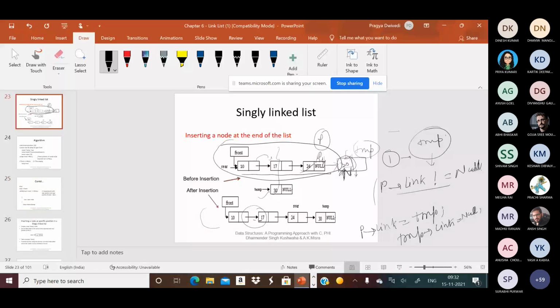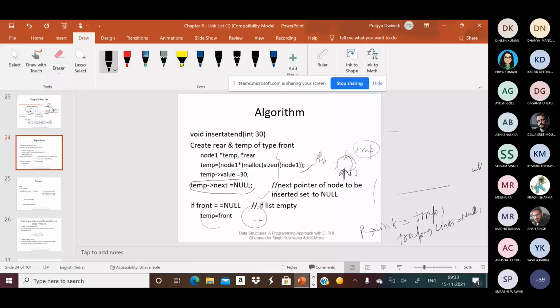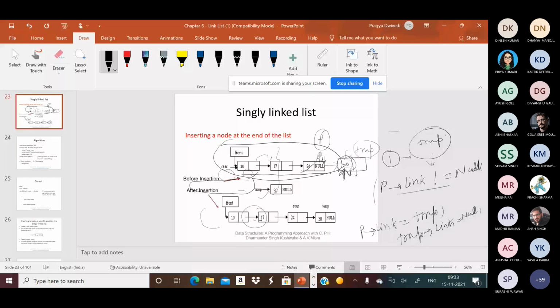Here we have already given this value: temp->link = null. So we know that since we inserted at the end of the list, its next part should contain null, and its data part contains the particular data. Basically, we are just arranging the pointers, like how we can link one node to another node.